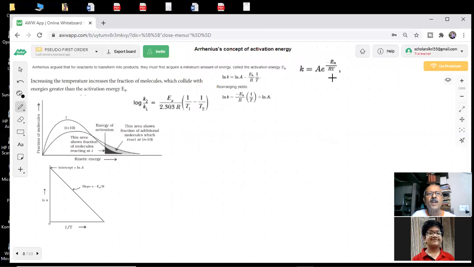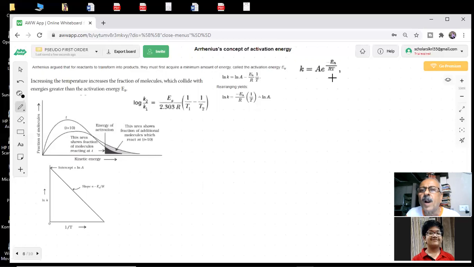We understood this. Now the question which was given in the paper is: if I increase the temperature, why does the rate become almost double for every 10-degree rise in temperature? This question was given. You are saying that not all the particles are going to be active in forming the products, only those which have an energy greater than or equal to the activation energy.